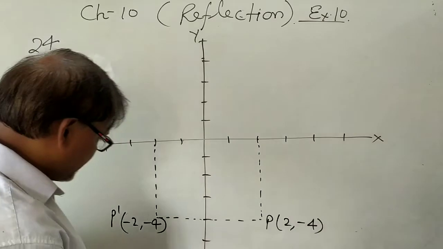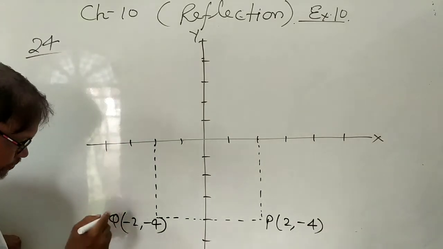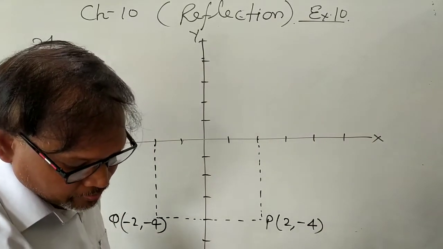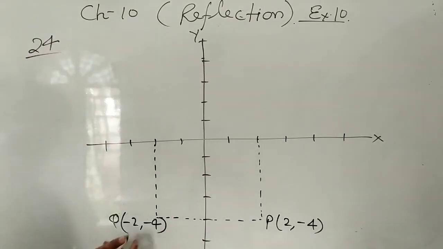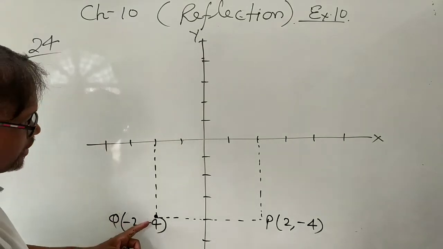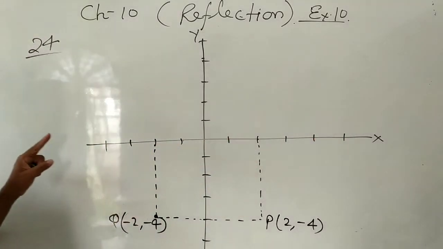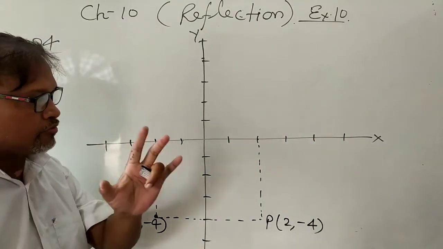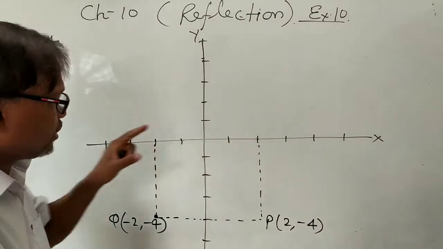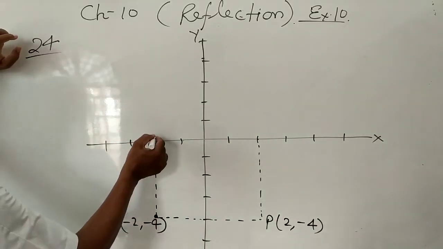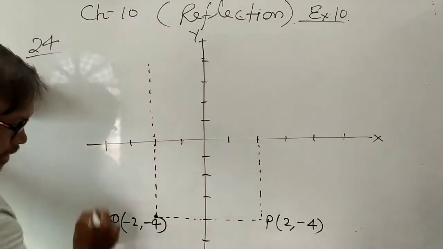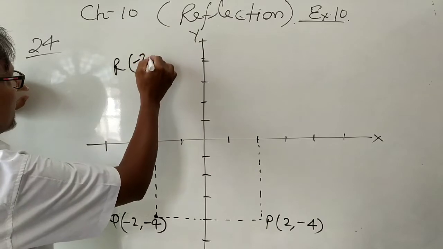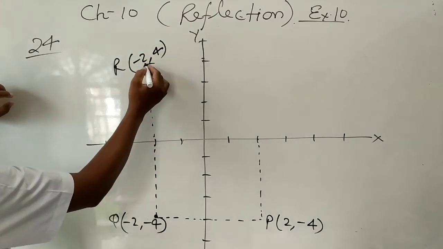Point Q. To get the image of point Q, ये Q point -2, -4. Point Q is reflected about the line y is equal to 0. Now this point Q, मतलब ये जो point आया है Q, this is reflected about the line y is equal to 0. And I told you the equation, if you have y is equal to 0 means x axis. तो x axis के through reflection होगा, तो कहाँ जाएगा? -2, 4 here. And this point is R. -2, 4. This is according to the formula.